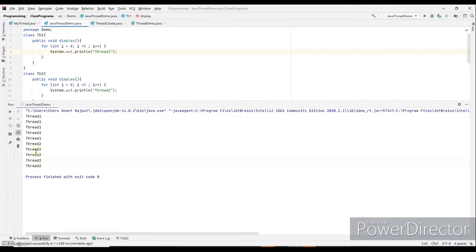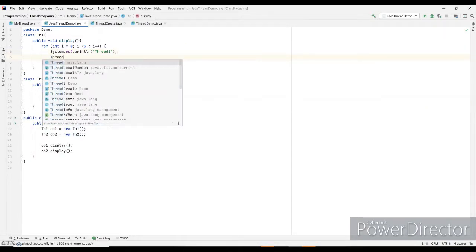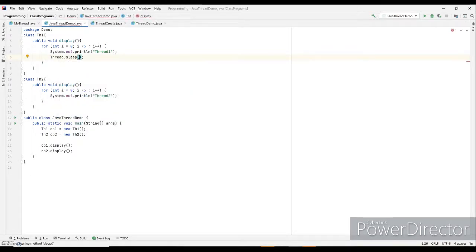Thread 1 and thread 2 each get printed 5 times. However, the execution speed is so fast that I am not able to see the step by step execution. So in order to put a delay in the output display rate, I would introduce the Thread.sleep function. The argument in it would be passed in terms of milliseconds, and therefore I would like to pass half a second, that is 500 milliseconds.